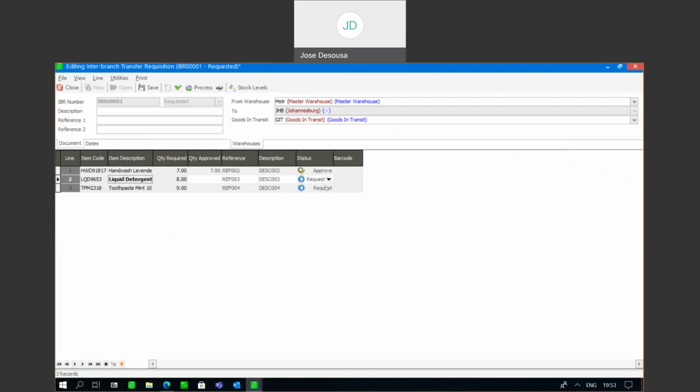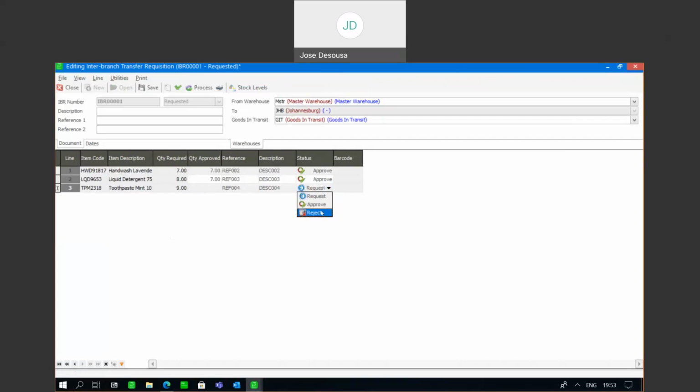Okay. Right, so in this particular instance, say, for example, that although 8 have been requested, perhaps the head office can only accommodate them with, say, 7 units. So they can still set that to be approved. However, they can't accommodate the branch for the full quantity that they requested. Then finally, it may be a case where they don't have stock available for this particular item. It could be reserved for some other customer. So they would say 0 being approved, and they would simply set the status